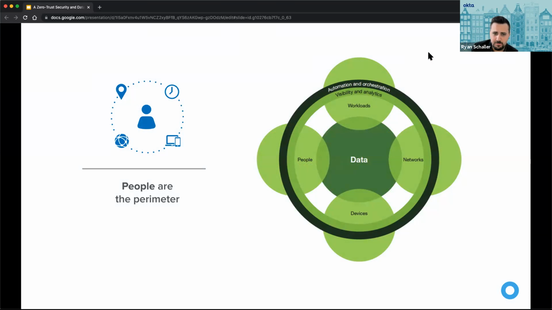And oftentimes people are considered to be on that perimeter. They're the gateways to get into your services. If you've adopted cloud technology, or built a lot of on-prem or homegrown systems, that stuff is all protected by your IT and security teams, but it's still your responsibility to keep those credentials safe and keep your experience secure, but not annoying. I know a lot of times people say, hey, I get a lot of prompts when I try to log in. It's probably a good thing.